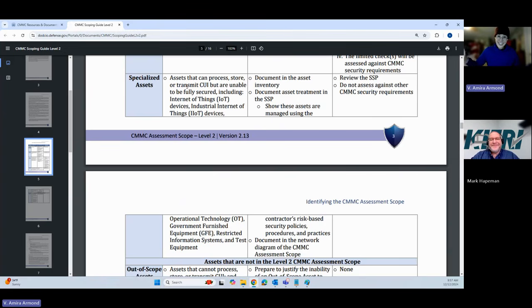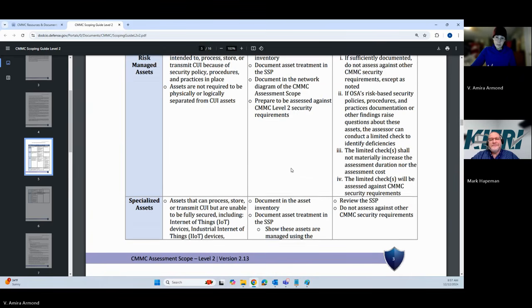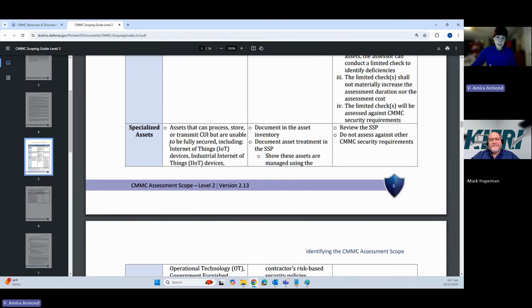Hope it doesn't walk away, right? And an assessor is not going to call you on that because we're not going to assess you against the security requirements. That's the wonderfulness of specialized assets.